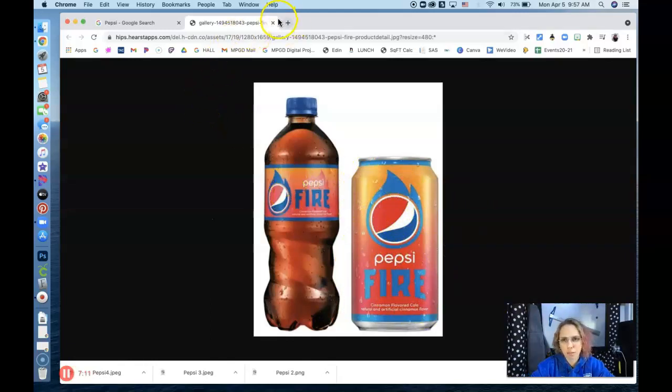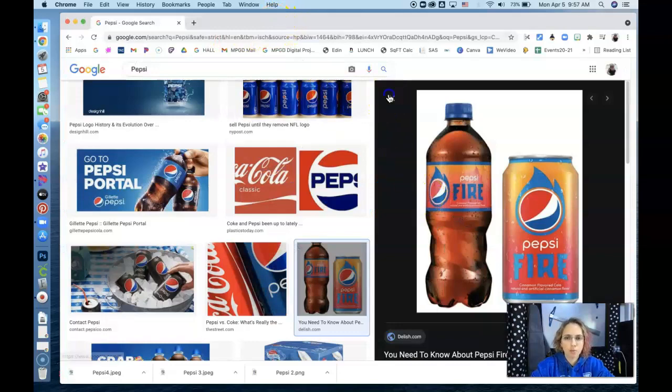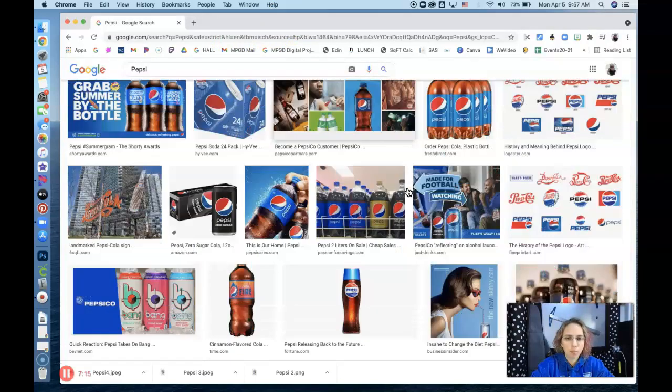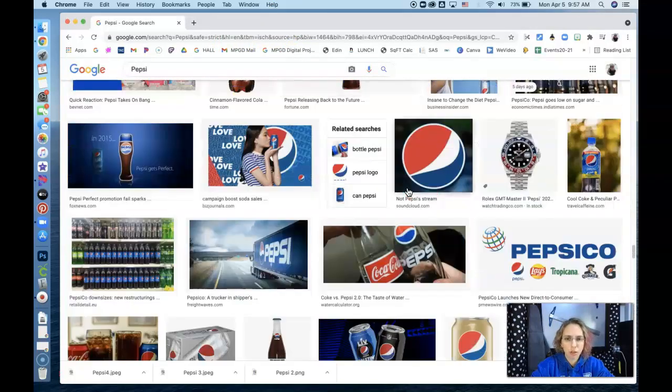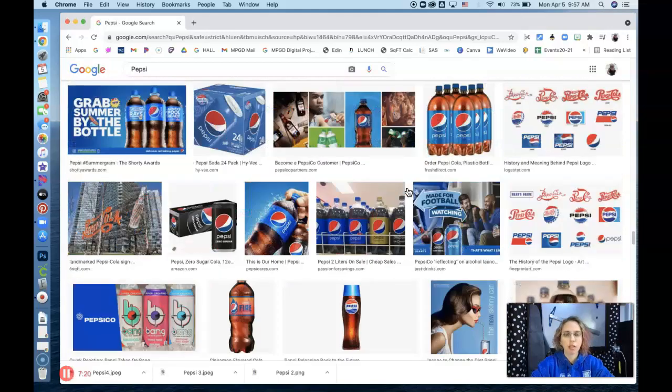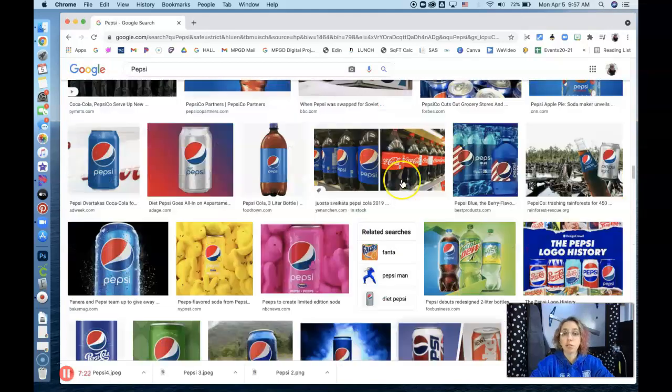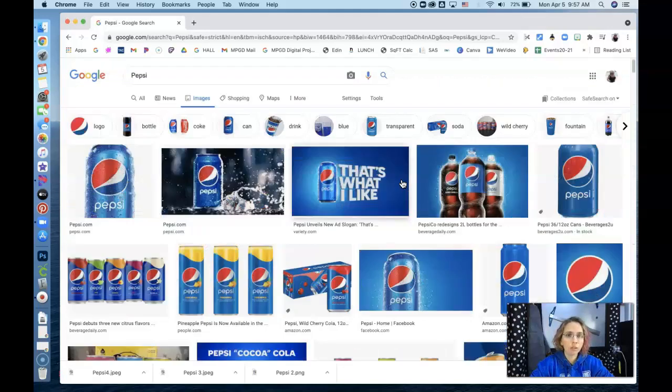I think that's kind of a neat image. All right, so I could keep looking, but I have a bunch to choose from, so I think we'll go with something that I have. All right, so what I'm going to do next, if we're looking back at our list, the next thing that